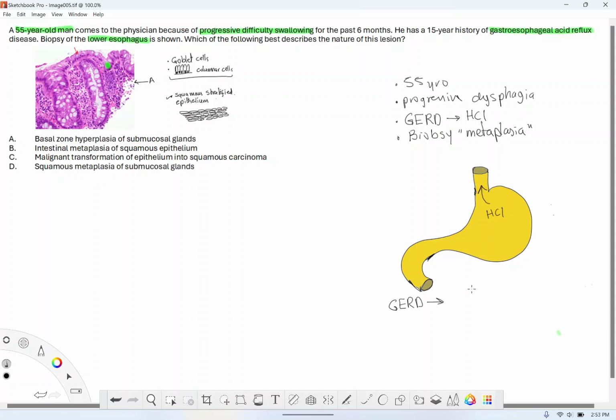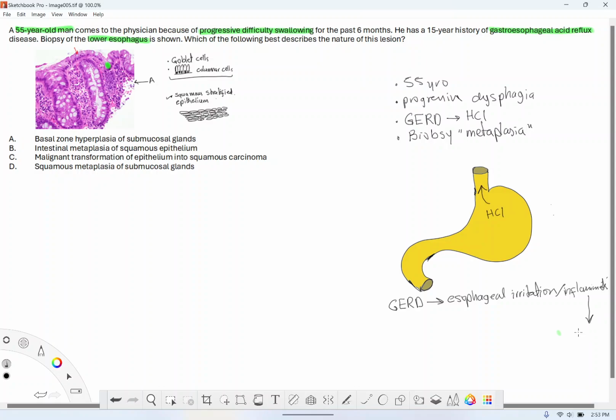GERD or acid reflux leads to esophageal inflammation. Esophageal, obviously lower esophagus, right? Esophageal irritation or inflammation, one and the same thing, whichever term you prefer. And the recurrent inflammation, not one time, not two times, but on a daily basis for months and months and years, eventually will lead